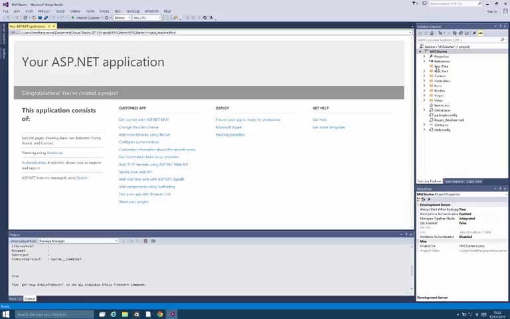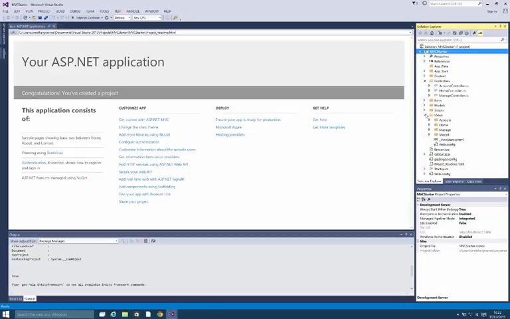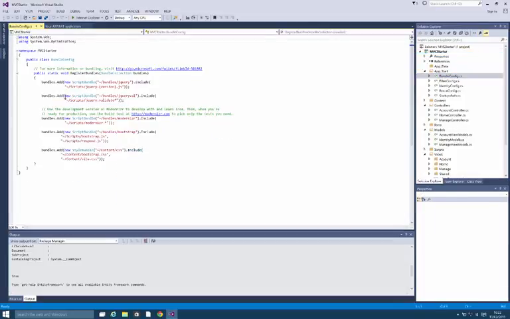So we have here on the right hand side the structure of our MVC site. For now the bits we are most bothered about are the controllers, the views, the models, and perhaps the App_Start. The App_Start contains site setup routines. If we go through them one by one, first of all we have the bundle config. What the bundle config does is it's a way of gathering any JavaScript and CSS files that we'll use in your